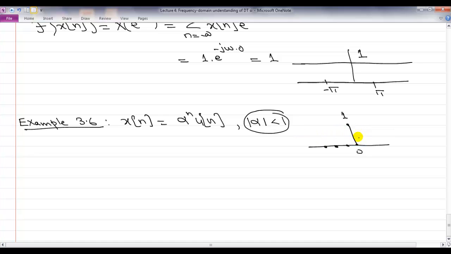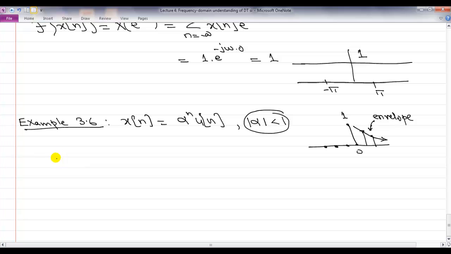If my absolute value is less than 1, then what is happening is that this thing is going down. Right? With every passing value, it is decreasing. Okay, so it's a damped exponential. It's going to 0. I want to make sure no one confuses that with a continuous time signal. I'll often be using an envelope of a discrete time signal. But for example, if alpha was positive valued, you will have a sequence like this. Right?